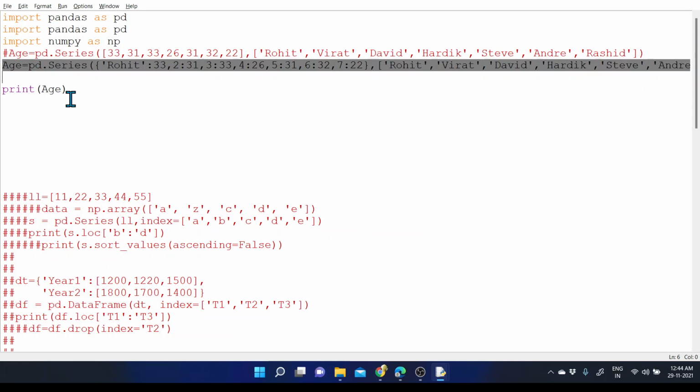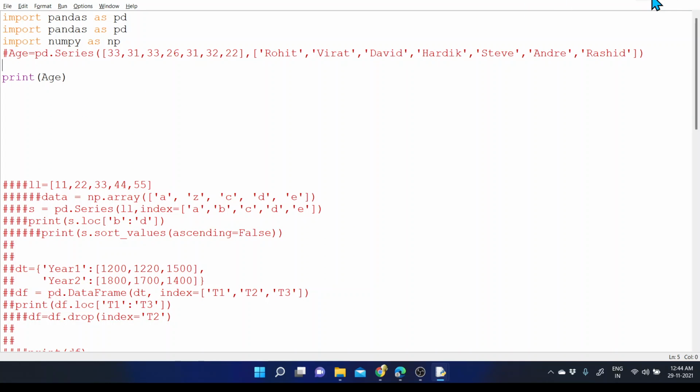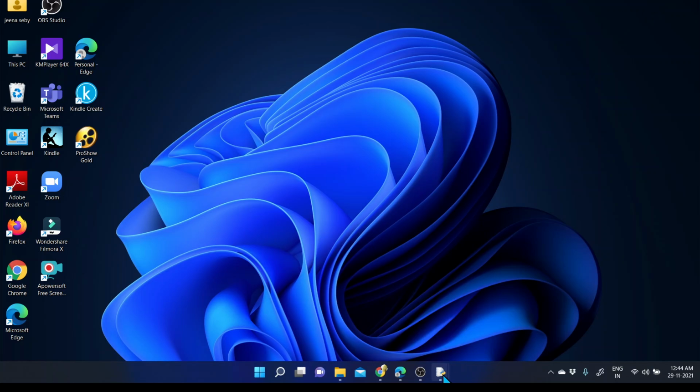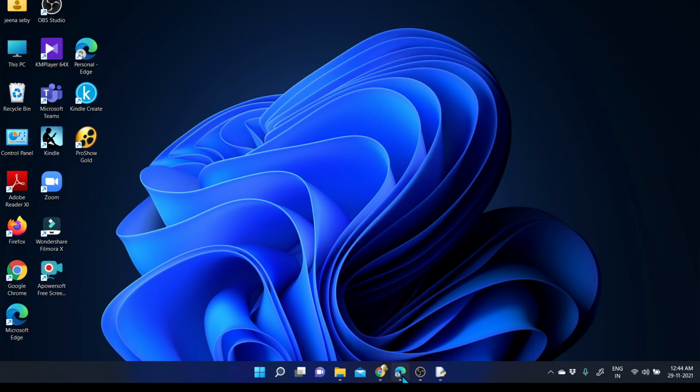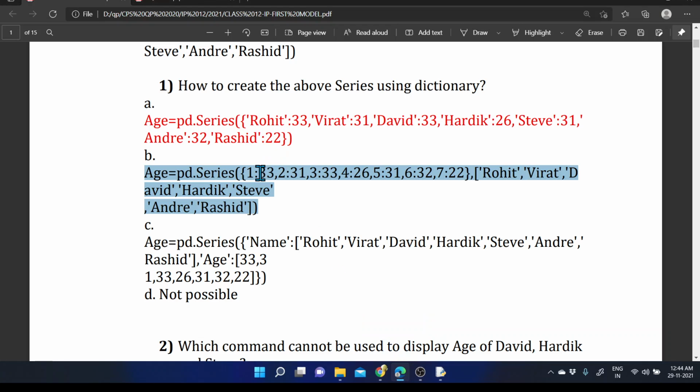So when you are providing a dictionary, you need to remember one thing: the column name must be exactly the same as the key that we already provided. So here the index that we passed is different from the key that we declared within the dictionary. That's why they are providing an NaN value there. So this one is also not the correct format. So the correct option is the first one.